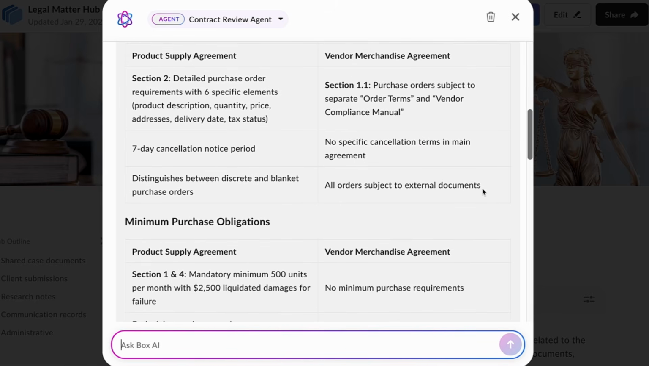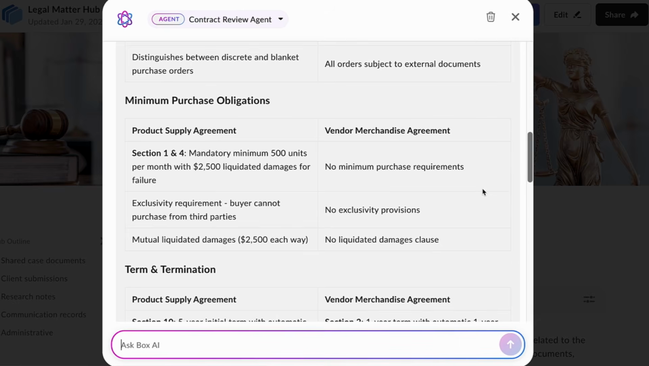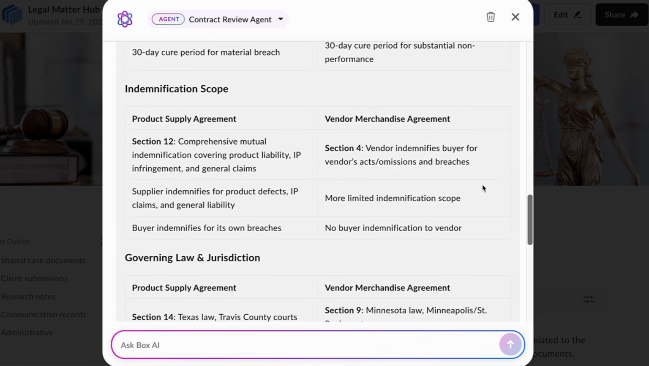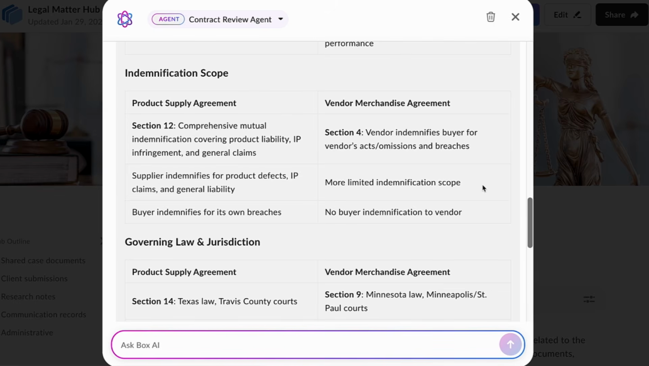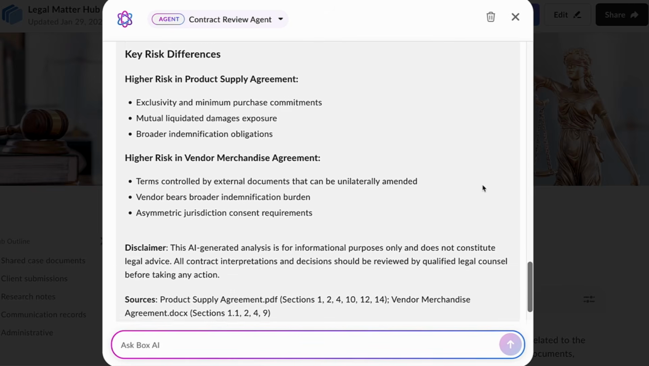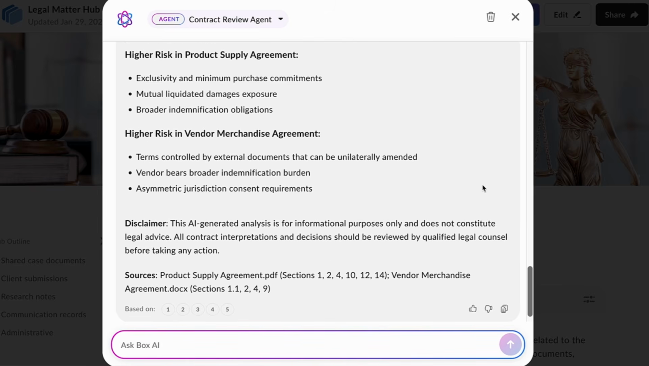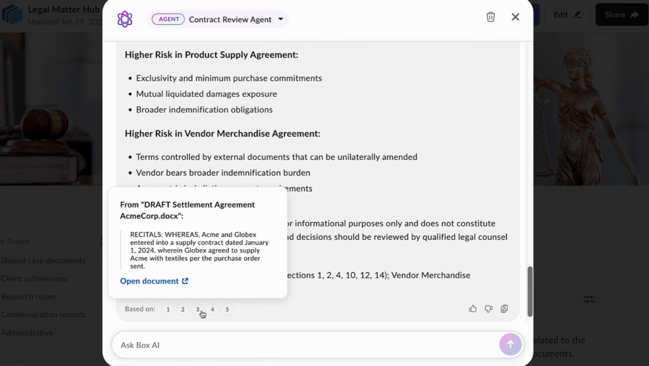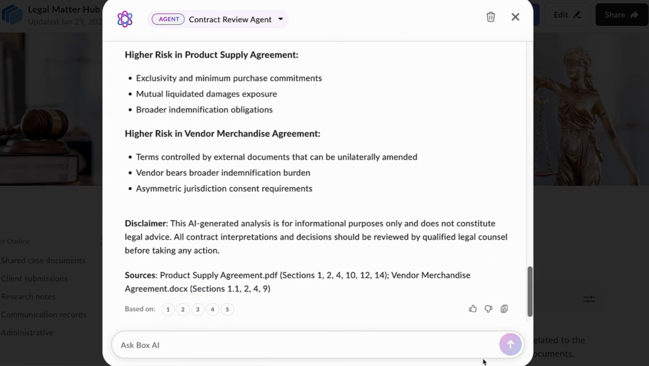We can see that it has organized its response into distinct sections, like contract structure and parties, purchase order requirements, term and terminations, indemnification scope, calling out the relevant governing laws, and highlighting key risk differences. Note that there's also a disclaimer at the very end, ensuring that a human in the loop always checks and